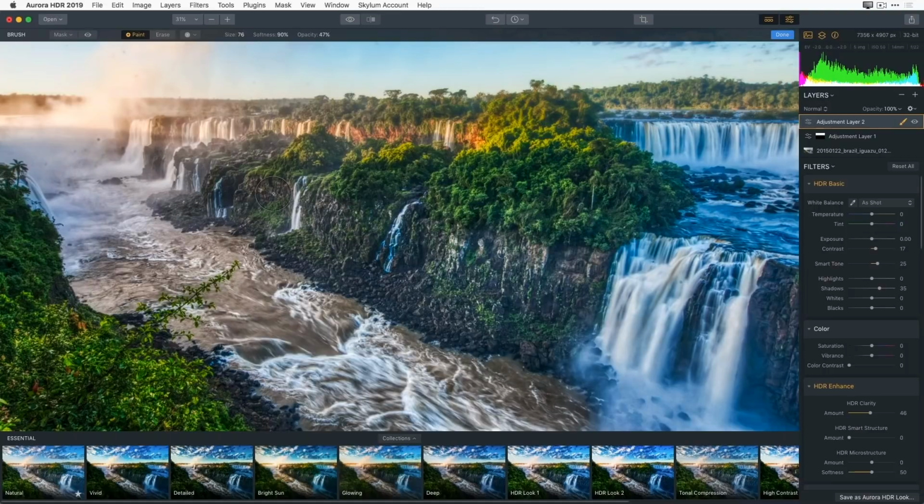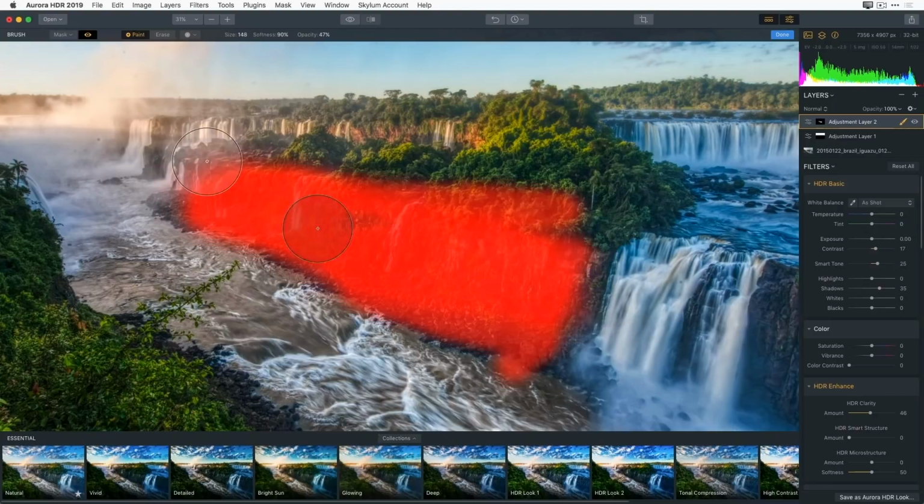And now watch as I start to paint. As soon as I make the first stroke, you'll see that that sharpness will disappear from the rest of the image and will only affect the areas that I'm painting in. So now I can just start painting in areas where I really want things to be a little brighter and a little sharper. Let me make that brush a little bigger with my bracket key. And I want to point out that same little eyeball we have to show the mask. I can see exactly where I'm painting, so I know where I'm putting that extra detail. And I want the detail on the trees and the rocks, not on the falls, because I want that to be